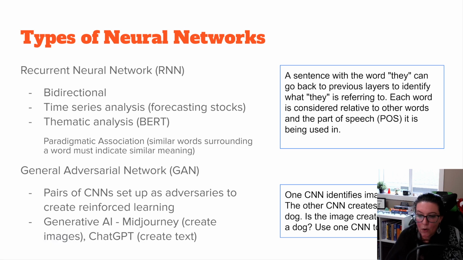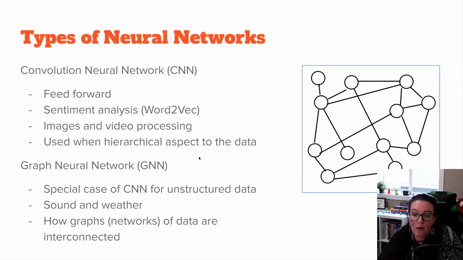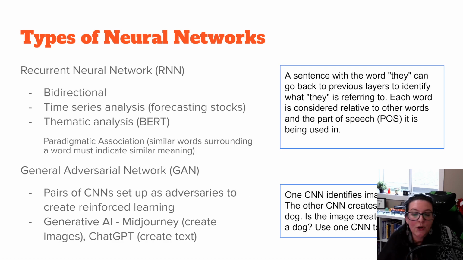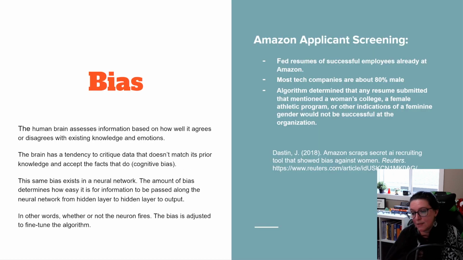In our previous video, we were looking at different types of neural networks. We talked about convolutional neural networks, graph neural networks, recurrent neural networks, and generative adversarial networks. In this video, we're going to look at the components that make up a neural network, now that we know the different kinds. So when we look at our neural network, we need to recognize that there is bias in